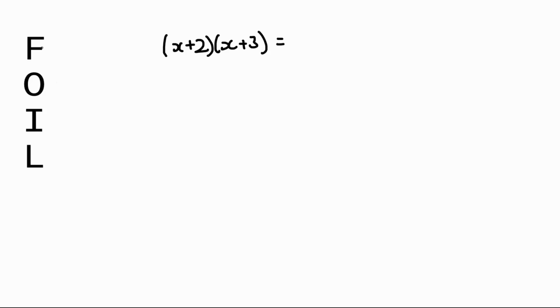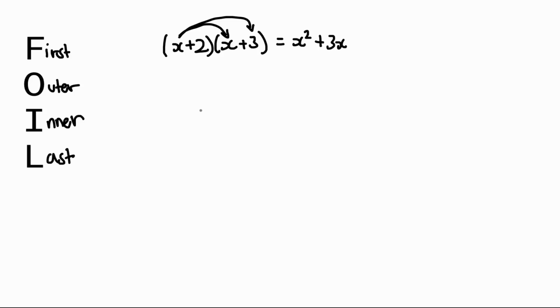Now the FOIL method, FOIL is actually an acronym for first, outer, inner, and last. First means we take the two first elements of each of the brackets and multiply them together. So that's x times x. We get x squared. Outer, you take the two outermost elements of the brackets, x and 3, and multiply them